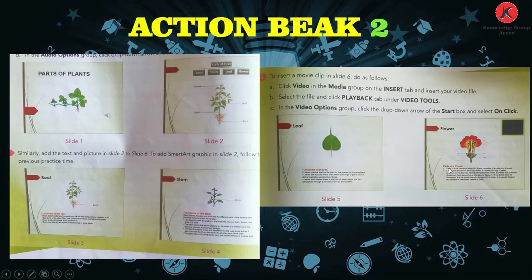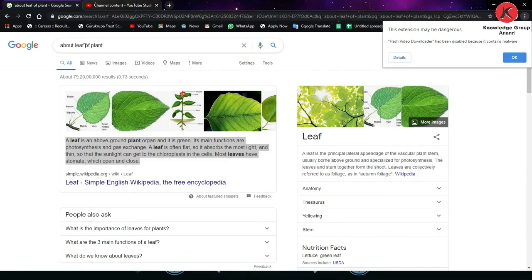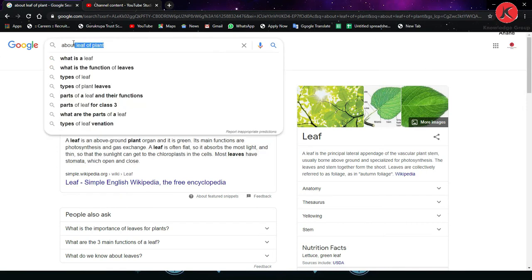After this we have to add the parts of flower description. So move to the computer and search about parts of flower.